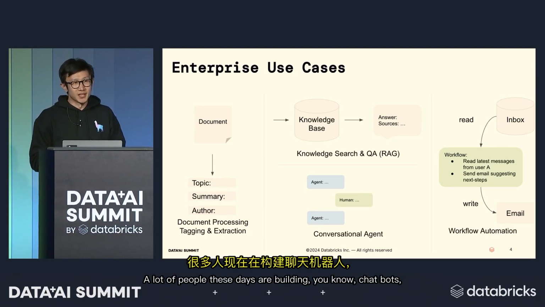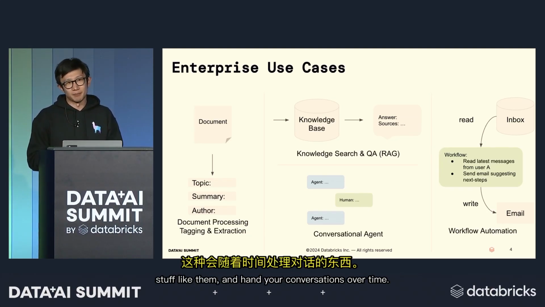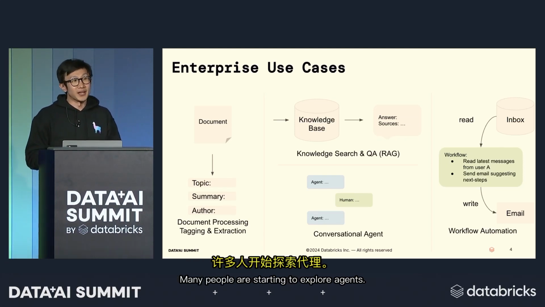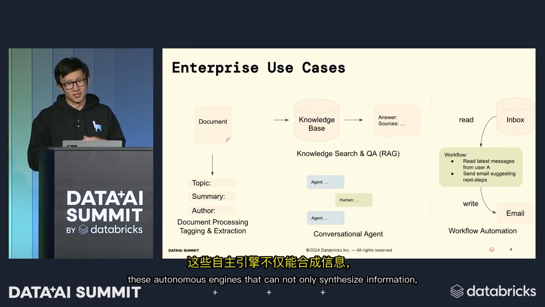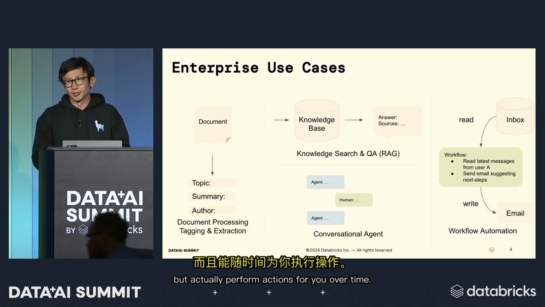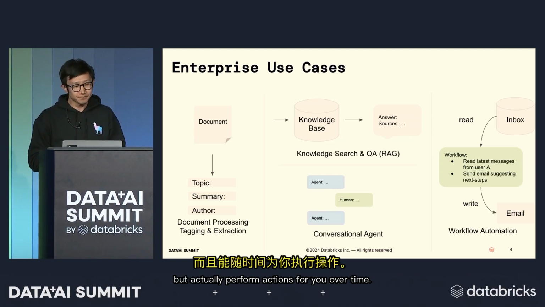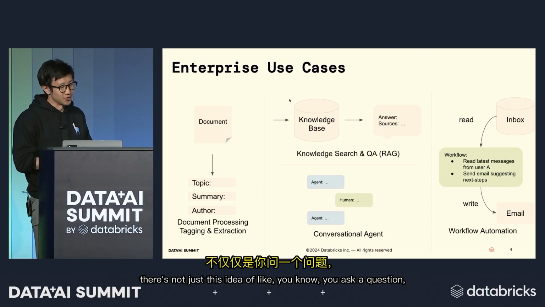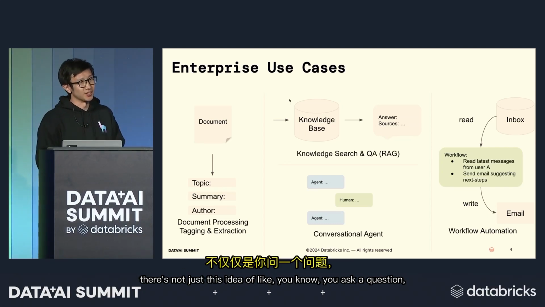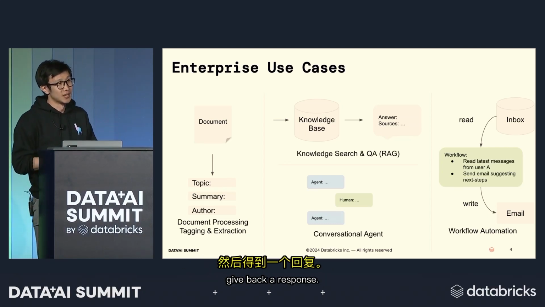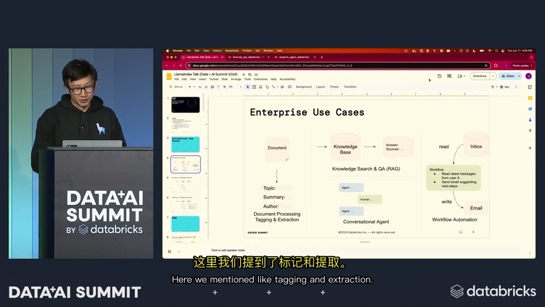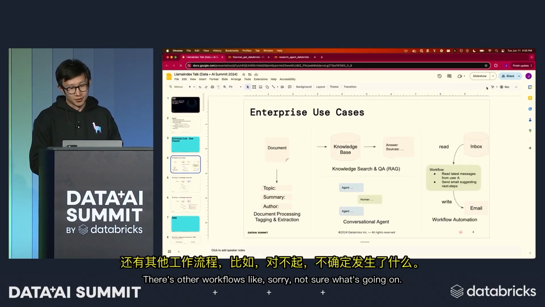A lot of people these days are building chatbots, stuff that can maintain your conversations over time. Many people are starting to explore agents, these autonomous engines that can not only synthesize information, but actually perform actions for you over time. And then, of course, just on a pure document level, there's not just this idea of you ask a question, get back a response. There's many types of different document workflows you can employ. Here we mentioned tagging and extraction. There's other workflows